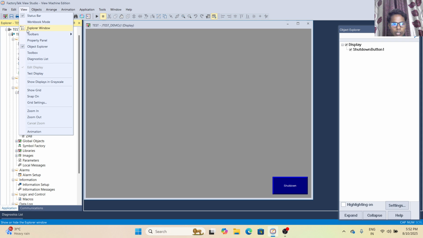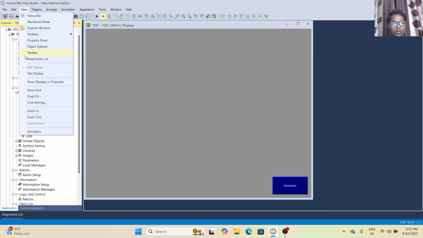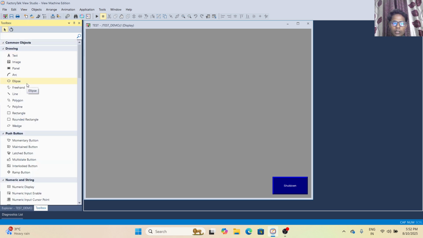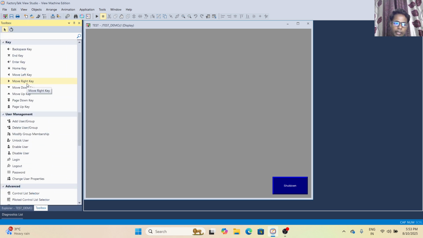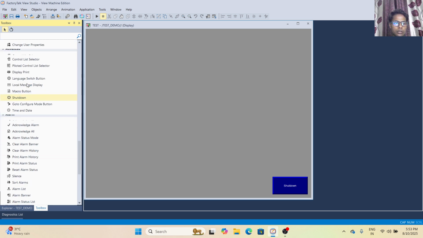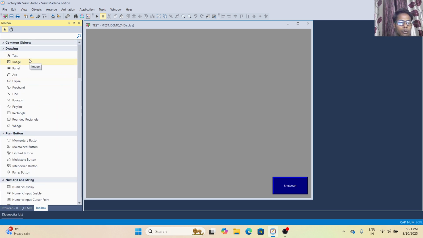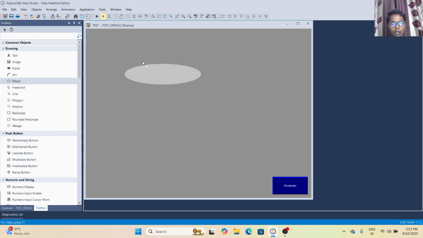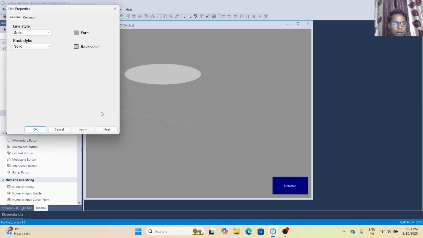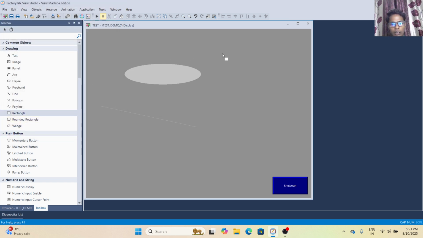Okay. Now second, I have to close this and go to the toolbox. The toolbox is where you take any types of tools, like there are many types of tools: text, image, panel, arc. Like I choose ellipse, and I drag and drop, and I also stretch it. Now I click on polygon, then this is a polygon. Now I click on rectangle, and this is a rectangle,